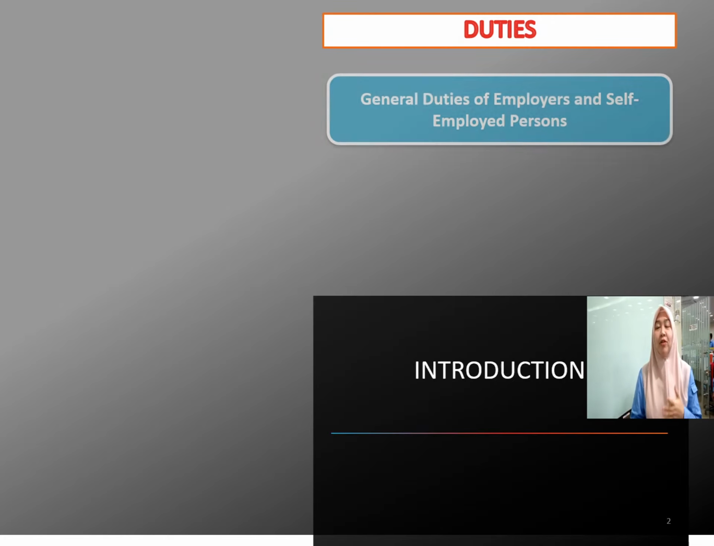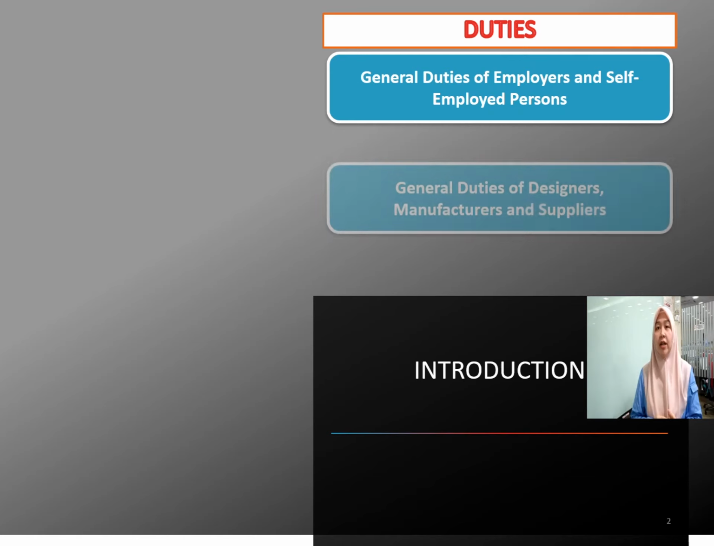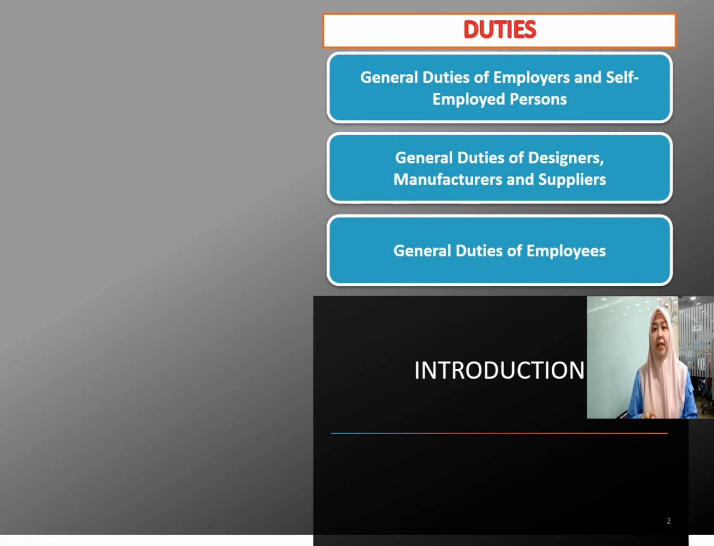Okay, the next one is about duty. The OSHA Act defines that all parties have their own duty: the employer, the designer, manufacturer and supplier, and the employee. So the list of duties is to provide and maintain the plant, make arrangements for the site use, site operation, site